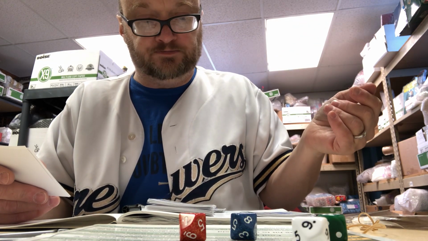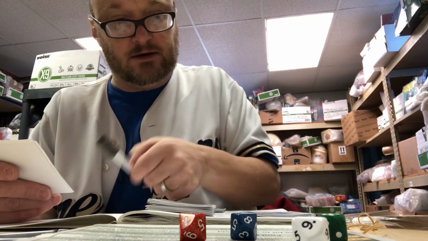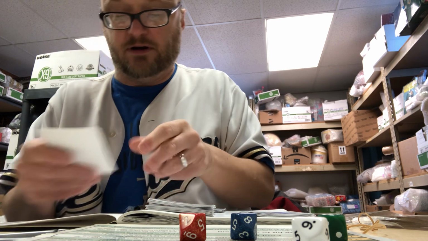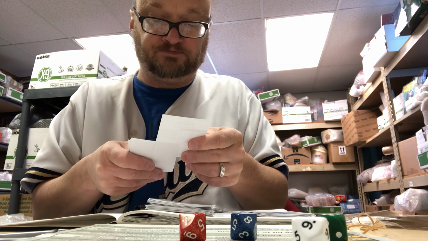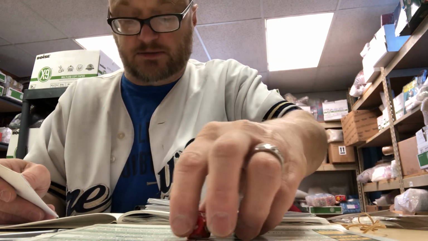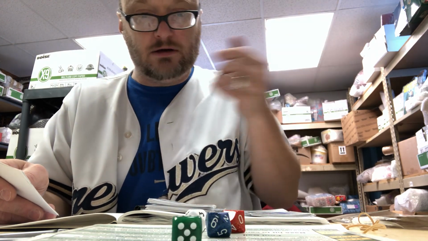Mickey Mantle lines a base hit. We have our first hit of the ball game and our first base runner for either team. Mickey's on first. And Yogi Berra steps in. Pitch to Yogi